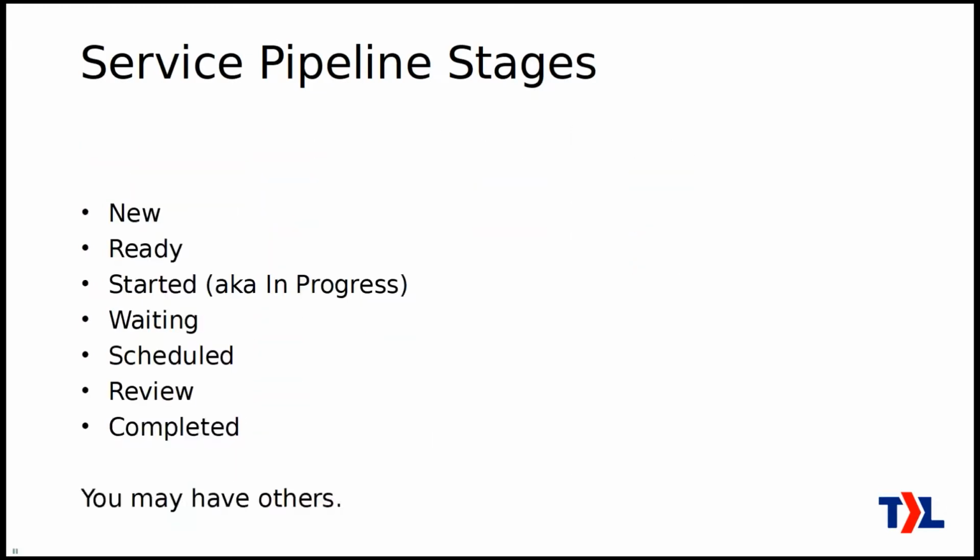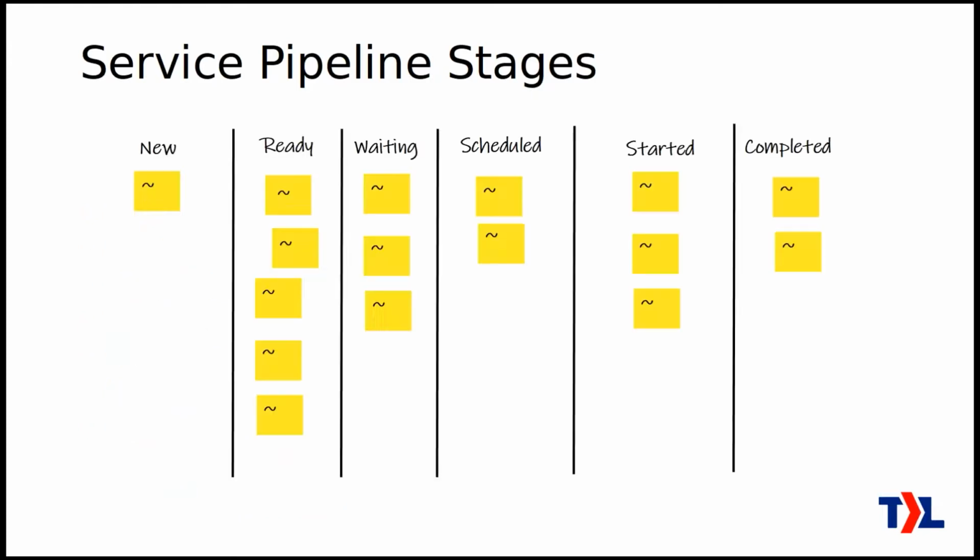And I should say, you may have other statuses as well, especially if you have very specific workflows. For example, if you think about your procurement workflow, you might have stages that are specific just to that. A stage in the procurement workflow could be you're waiting for the invoice. That's very specialized, so you can have other stages like that as well.